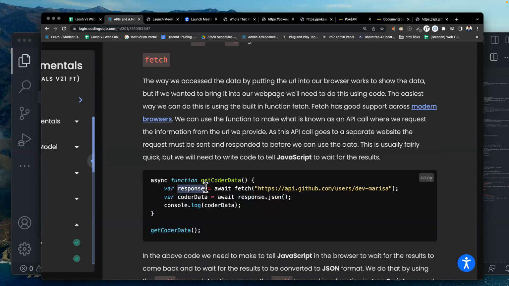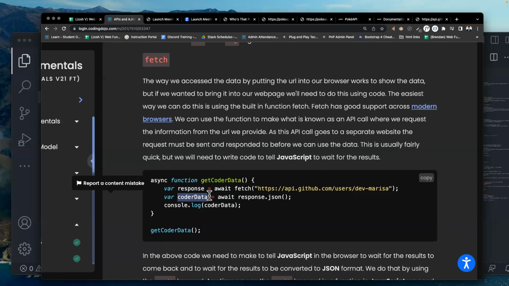I want this variable to be the one that makes the API call. This is the one that fetches it. This is the one that converts that fetched data. This one gets that information, and this one packages that information into JSON. So now when we want to parse through the API call, we just have to parse through a JSON, a JavaScript object.